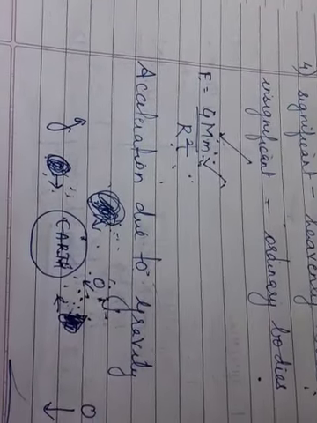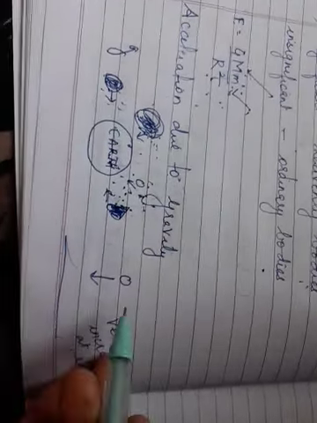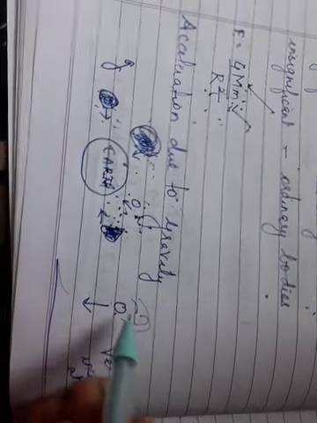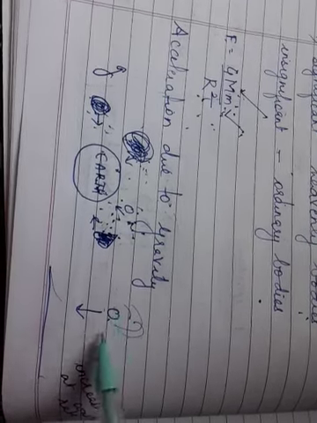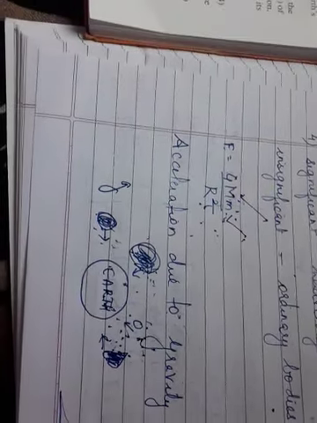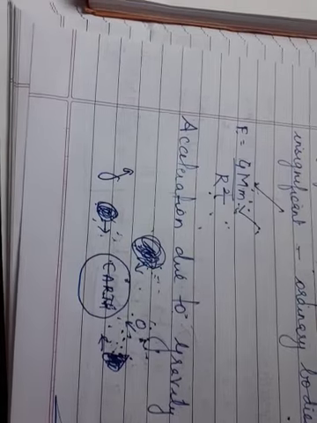In other words, we say that the acceleration of the freely falling body does not depend on its size or its shape. This acceleration is the same for any kind of body. So we can say that acceleration due to gravity is the same for all types of bodies.